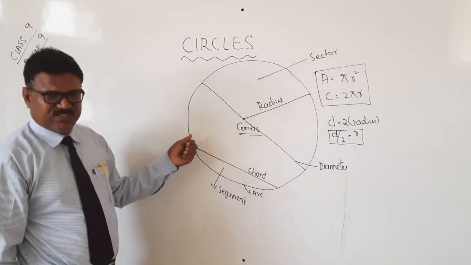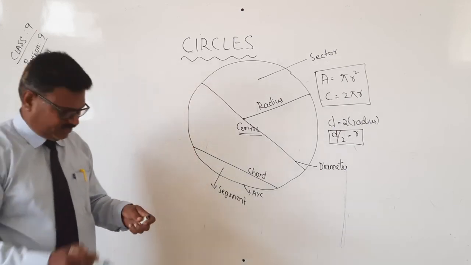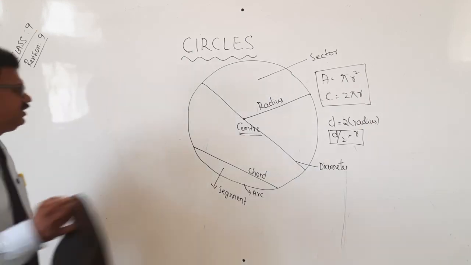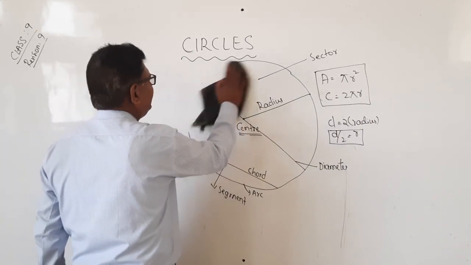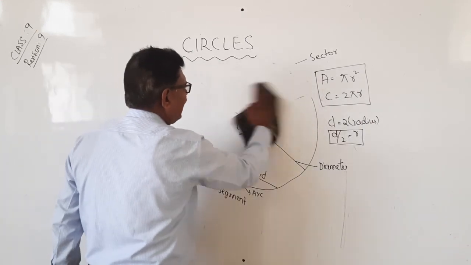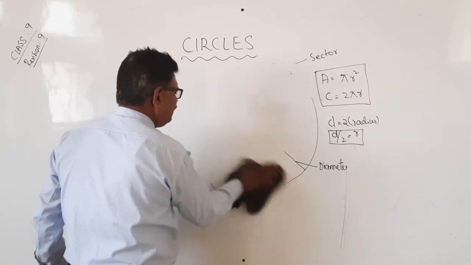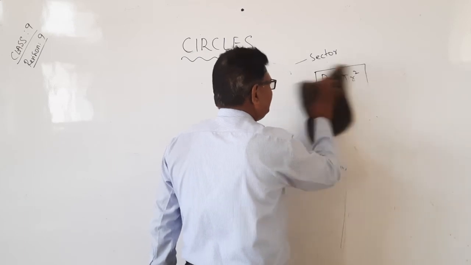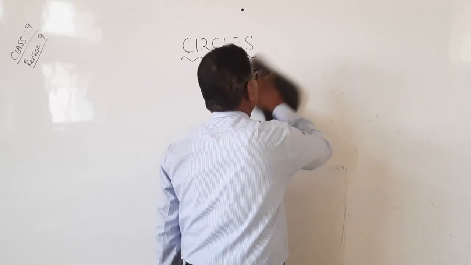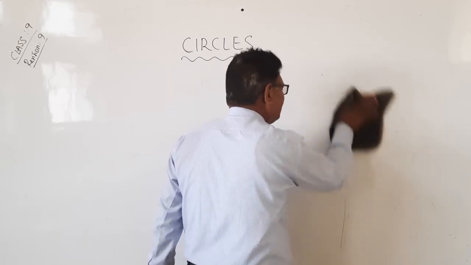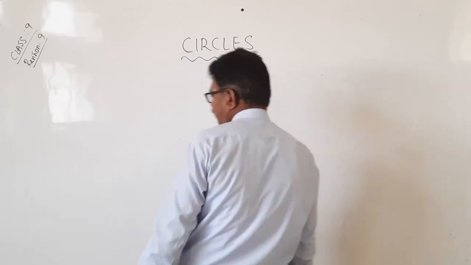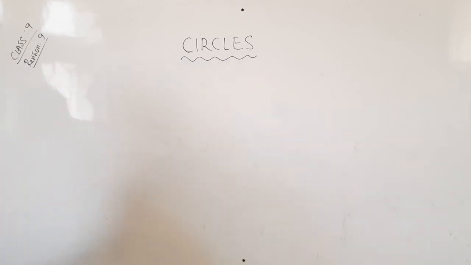Is it clear to you? Yes. Then we will learn the theorems one by one. See, a theorem means something which has a proof. Only when it has a proof is it known as a theorem. A definition means we just take it as it is, like axioms and postulates. Theorem means we have to prove it in a systematic manner. The first is the first theorem.